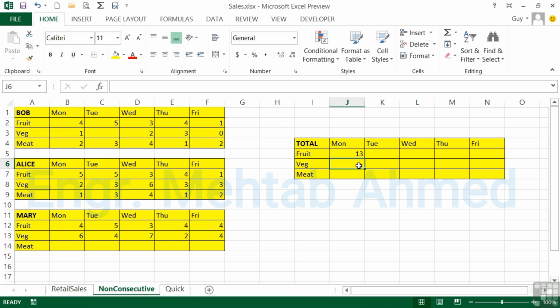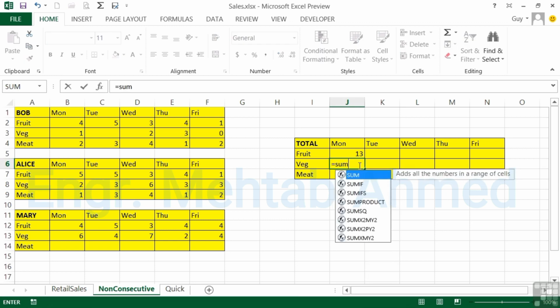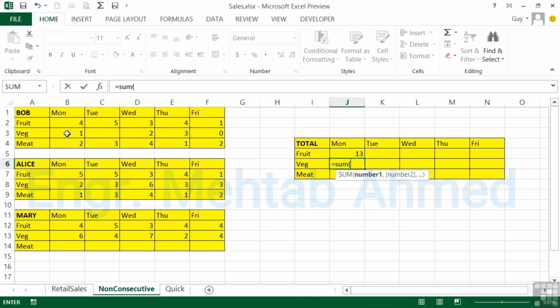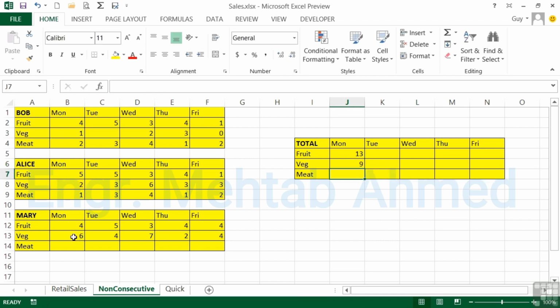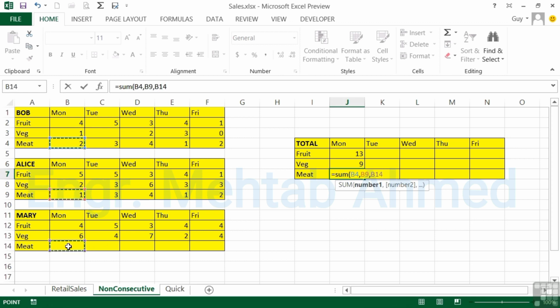And I can do the same for the veg. Equals sum, open brackets, Bob's veg, comma, Alice's veg, comma, Mary's veg, return. Equals sum, open brackets, fruit. Now I can add the comma in a slightly different way. Once I've selected the first cell, then hold down the control key and click on Alice's meat, and then click on Mary's meat, which is actually empty because she's a vegetarian,